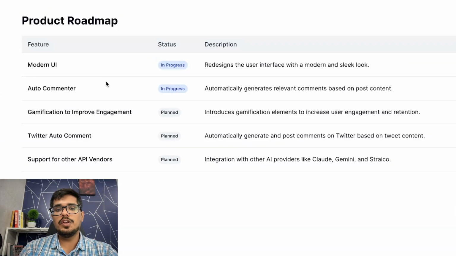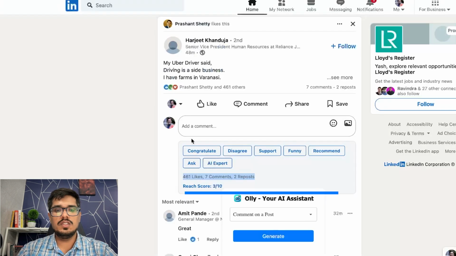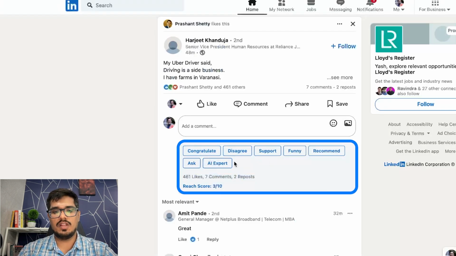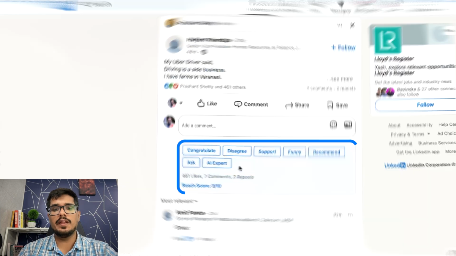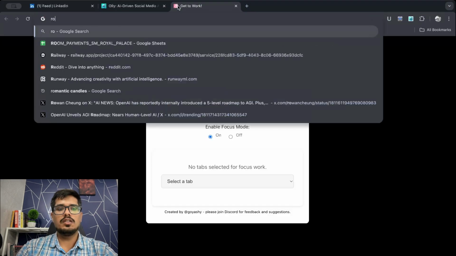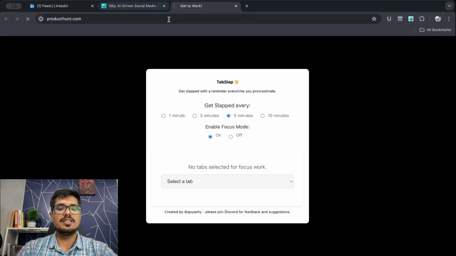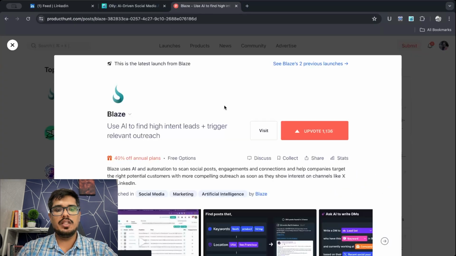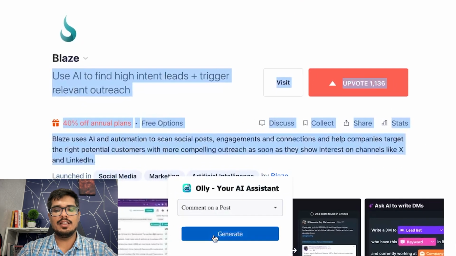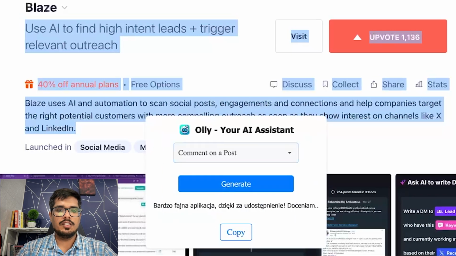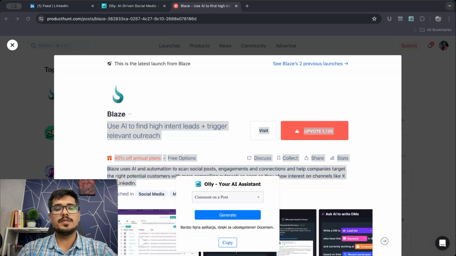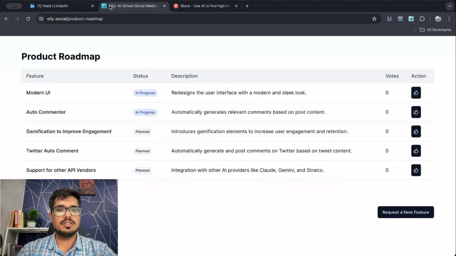Twitter auto comment is going to be there possibly in the next update. Right now we're testing it, and it will basically enable you to see these buttons here on Twitter as well. Right now you only see them on LinkedIn. By the way, you can also go to other social media sites and still comment using Olly, because the main use case of Olly is to select the text, get the pop-up, and then generate the comment, right? So you can still comment on all social media websites,